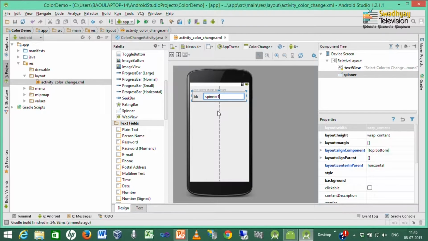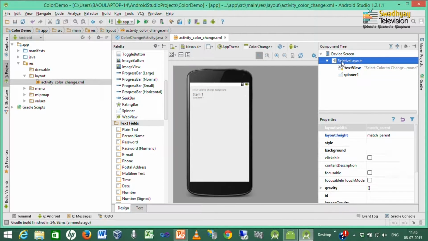Now, we want to fill this spinner with names of colors, and whenever the user selects a color we should change the color of the background. So, here we want to provide an ID to our relative layout.